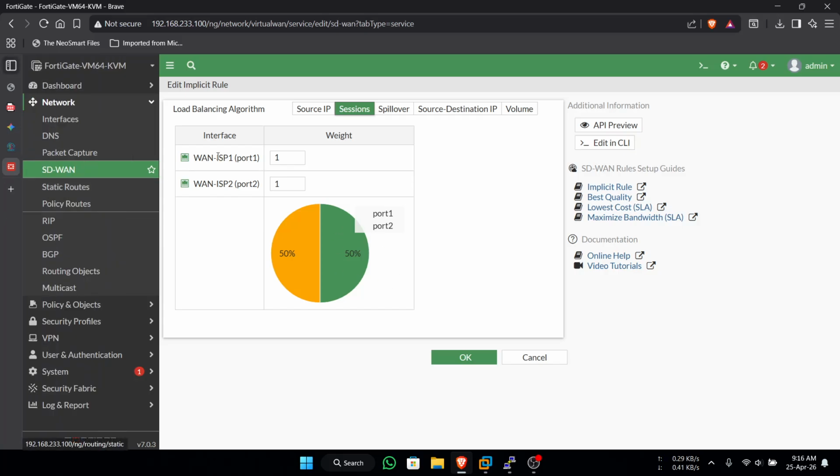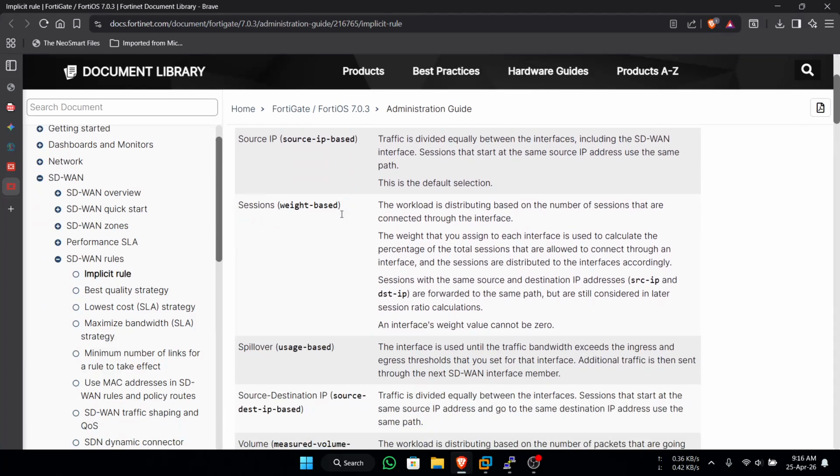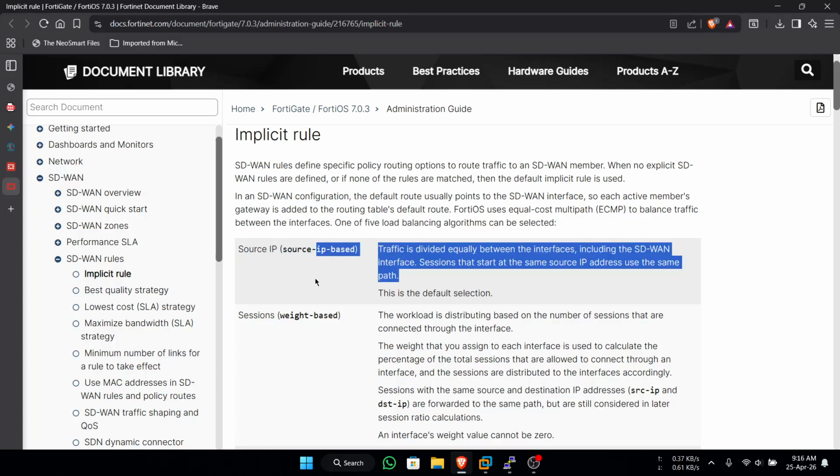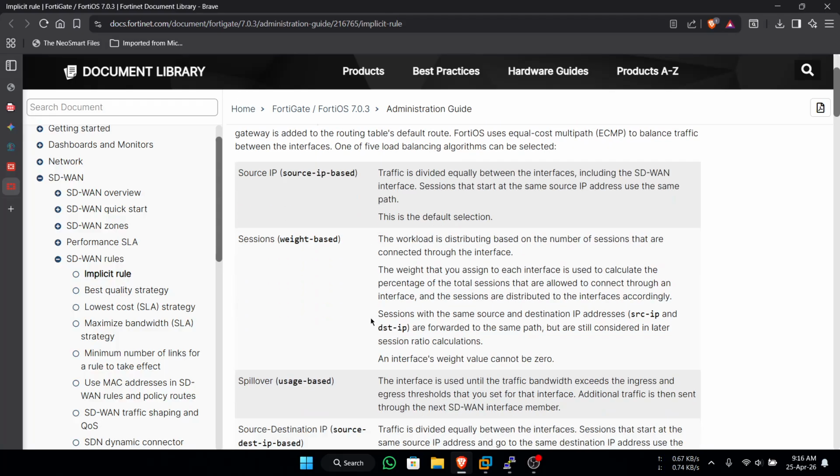You can see in the FortiGate documentation, implicit rule here. Source IP based: traffic is divided equally between interfaces including SD1 interface, sessions that start from the same source IP use the same path. This is the default selection of implicit rules.